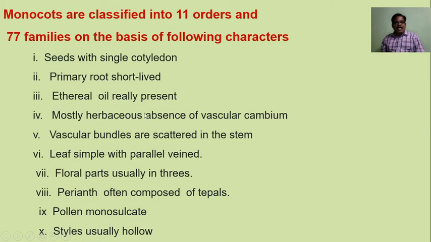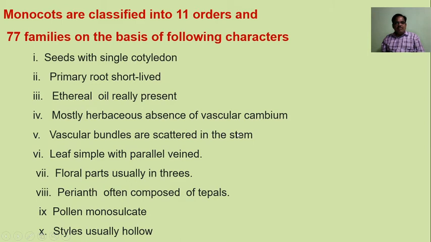These plants are herbaceous, that is monocots are herbaceous, and the cambium strip is absent in between phloem and xylem. The vascular bundles are conjoined, collateral and open in dicot, but here the vascular bundles are conjoined, collateral and closed because of the absence of the cambium strip. Because monocots have no need of secondary growth, the cambium strip is absent.